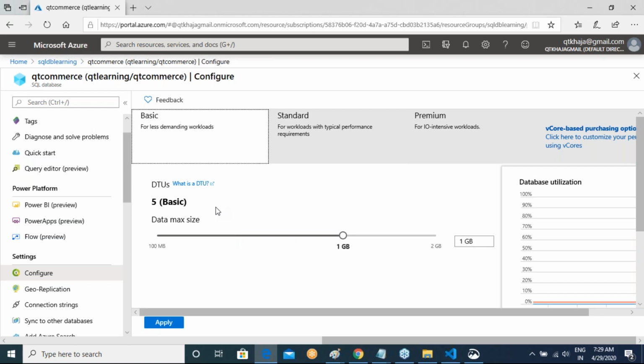this was their own metric which they used to call DTU. What they used to say is if you increase the DTU, it will increase CPU, RAM, and the IOPS, that is the speed at which your hard disk can read the data. Then they have given three different tiers for this: basic, standard, and premium. In basic the DTU was very less, but when you go to standard and premium, you have more DTUs. But the problem was, this is not how admins are used.